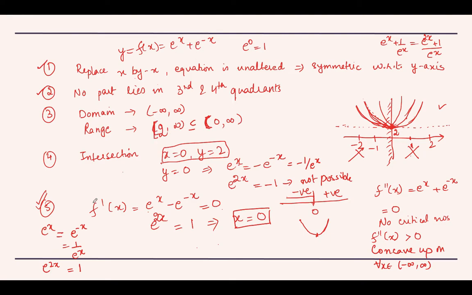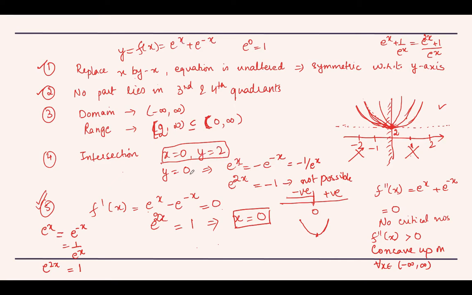So when we do the first derivative, we can also see in that step that the point of minima gives us y equals to 2. So that will further ensure that the range is from 2 to infinity. In any case, for now we can assume that our range is 0 to infinity, and when we check the first derivative, then we can be more sure that the range is from 2 to infinity. Next we come to the intersection part. When I put x equals to 0, I get y is equal to 2.